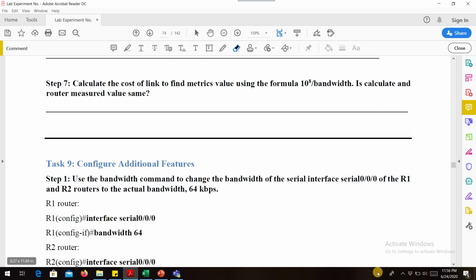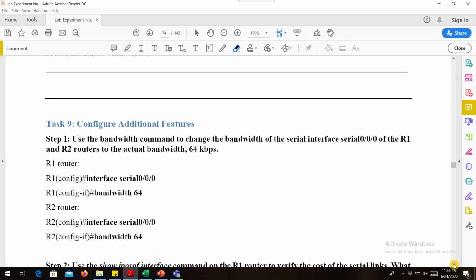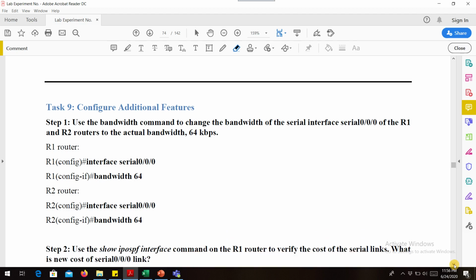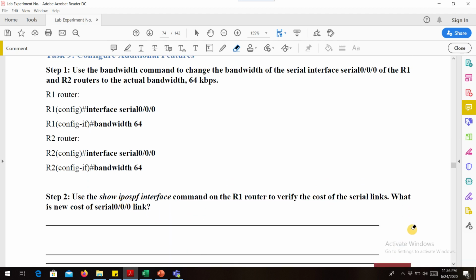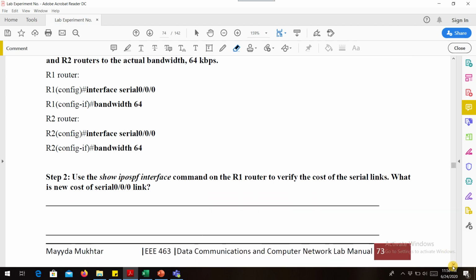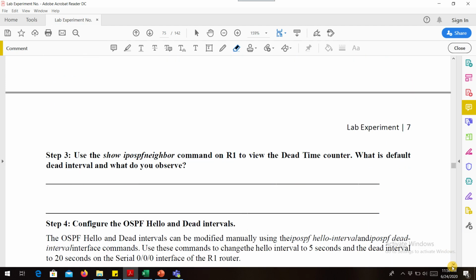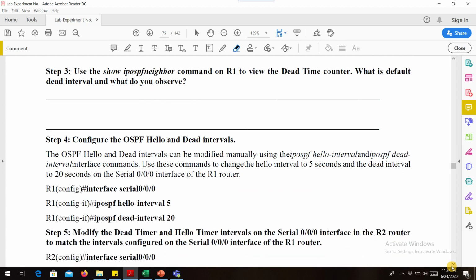For example, router 1 is connected to router 2 with a serial interface. After this, write the bandwidth of that link, that is 64. So if you have changed the link bandwidth, again use the show ip ospf interface command and it will show you the updated link cost.